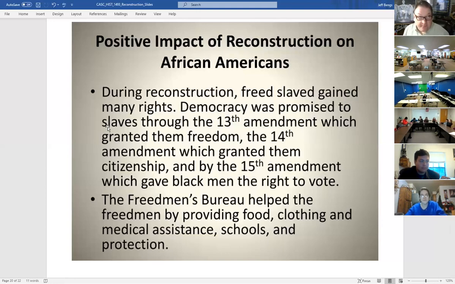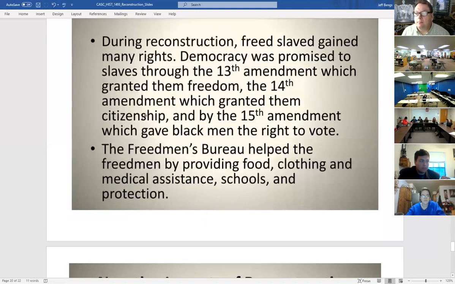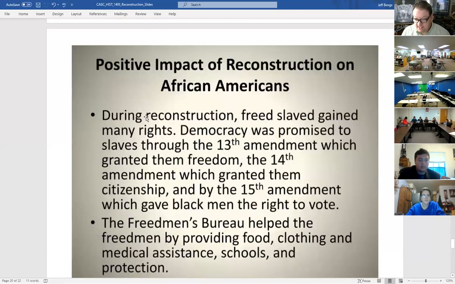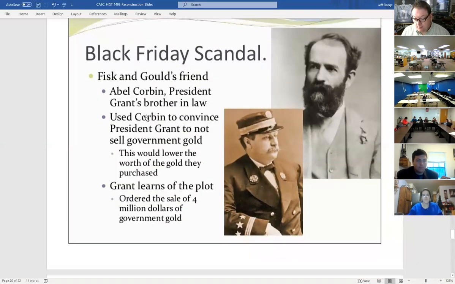The last thing I want to mention for today's class is the election of 1876 and the Compromise of 1877. Grant, he would have liked to have had a third term. At this time, there was no amendment that limited the presidency to just 2 terms, but Grant had proved to be an ineffective president, as we said, and so he did not seek a third term.